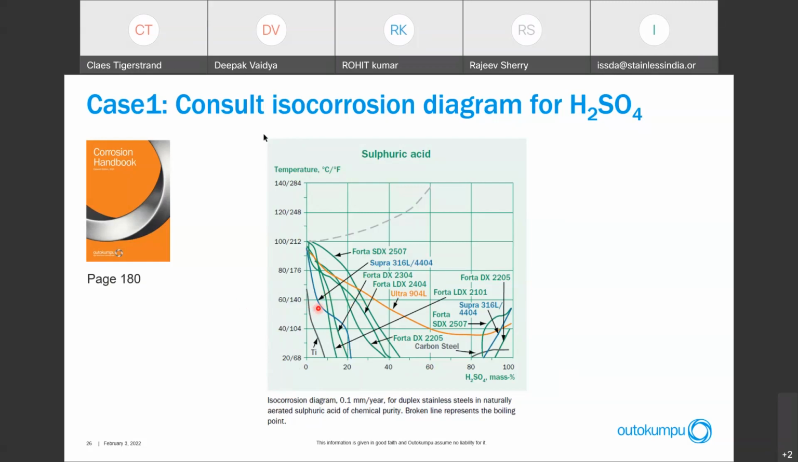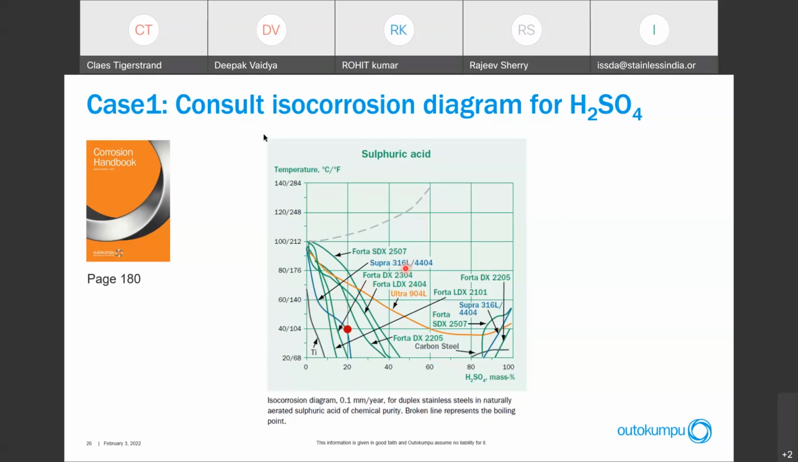On the right hand side, you can expect to have corrosion. The line indicates where you would have, if you are on the right hand side, more than 0.1 millimeter of corrosion per year, and on the left hand side you are safe. So considering we have 40 degrees C, 20% sulfuric acid, then you are here just on top of the line